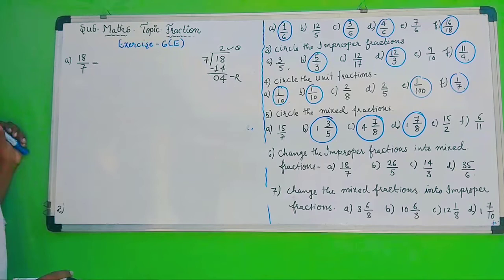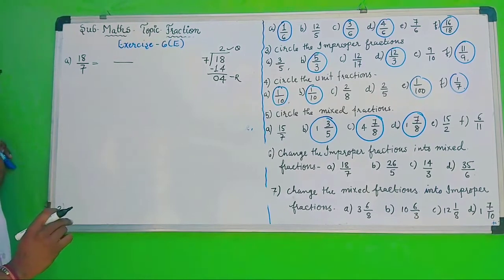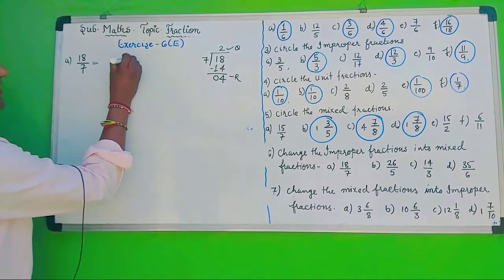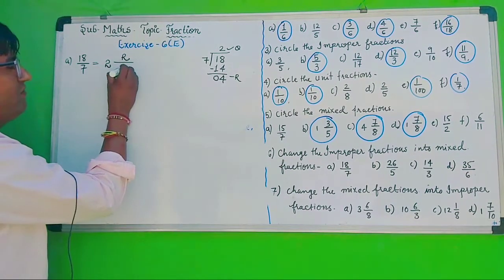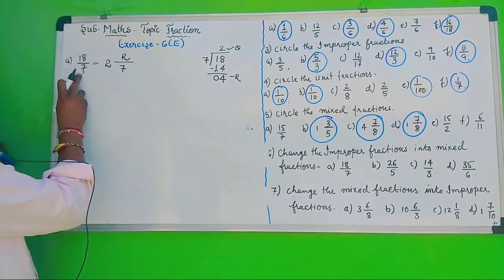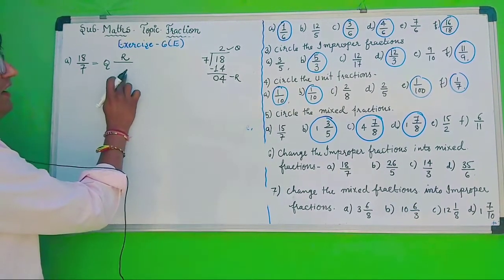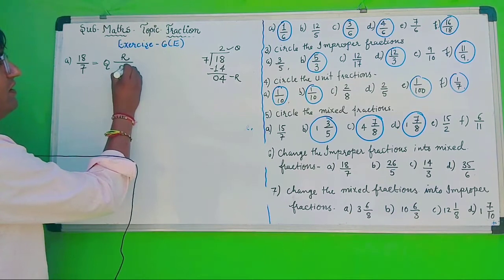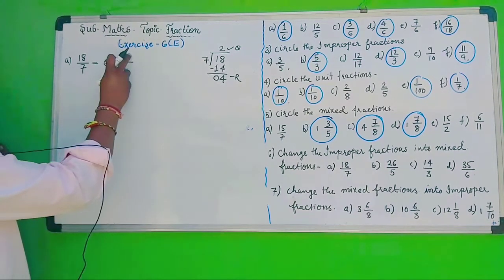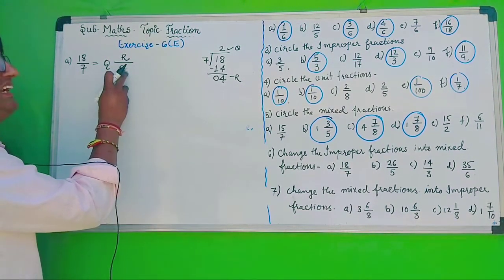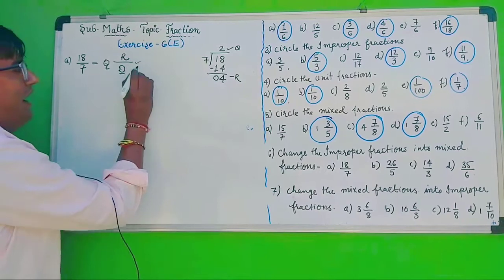Now I will explain the formula. Whenever we have to convert into a mixed fraction, just remember that R will be in the numerator, 2 will be the whole number and 7 will be the denominator. The denominator will never change. Here I will write quotient and here divisor. D for divisor, Q R by D. Q for quotient, R for remainder and D for divisor. Divisor is 7, not dividend.